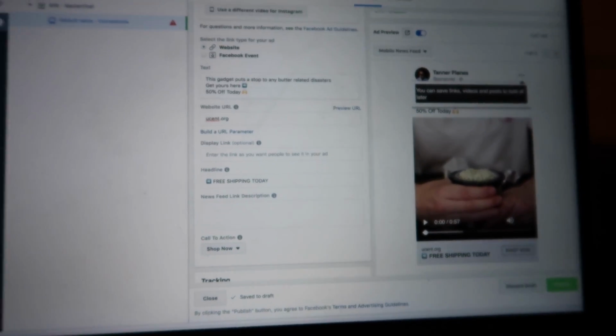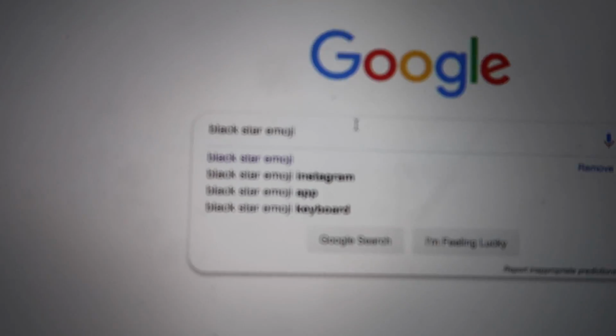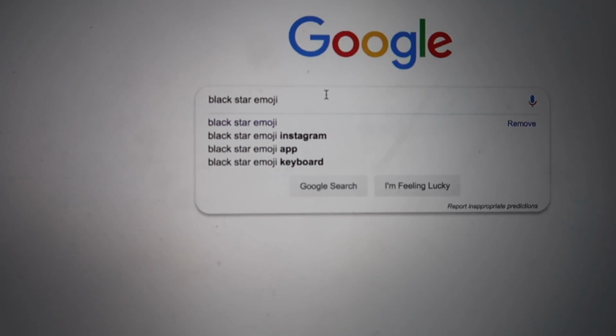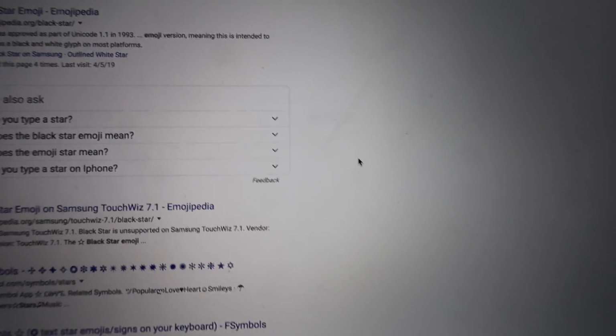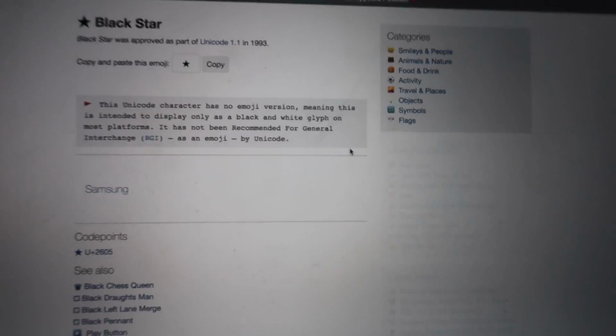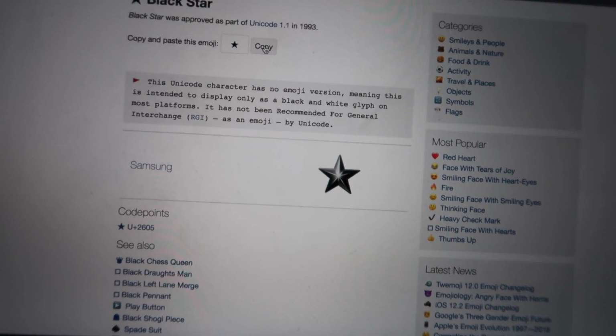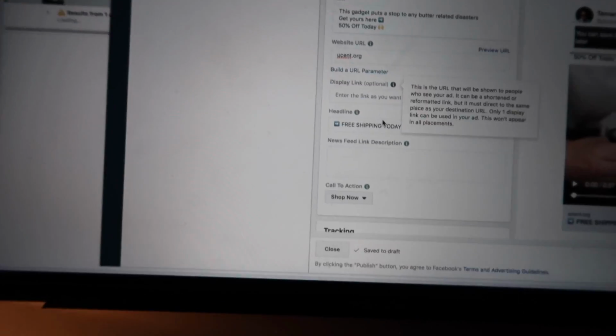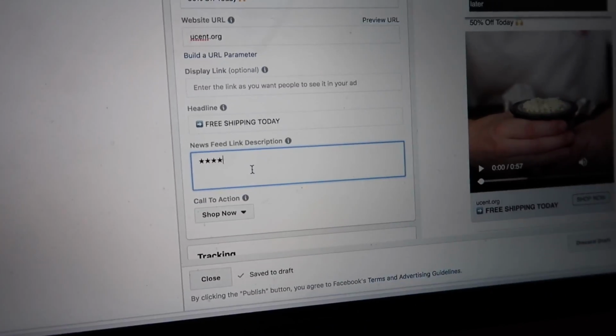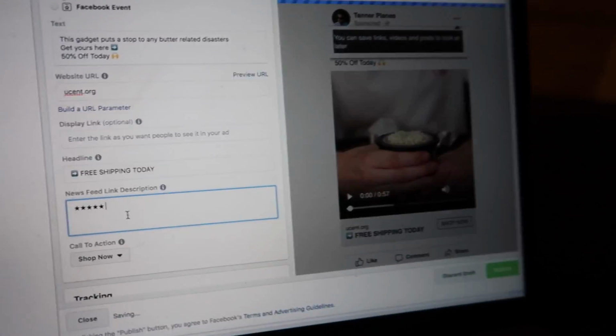So all you have to do is go to Google and type in black star emoji. At least this is how I do it. You can use a normal star emoji, but I think the black one looks the best for this little trick. So let's go ahead and go here. Basically what I'm doing is just increasing the credibility and social proof. So I'm going to copy right here. I'm going to go back, and now there are a lot of variations you can do, but I'm just going to paste this, let's say, five times,